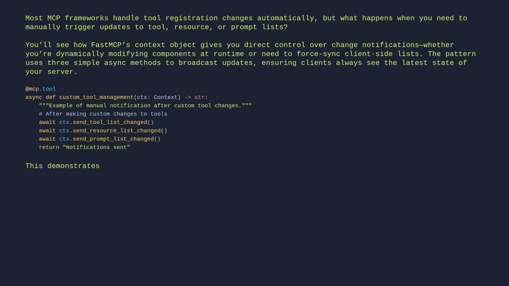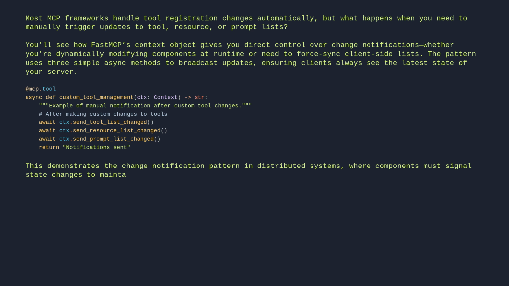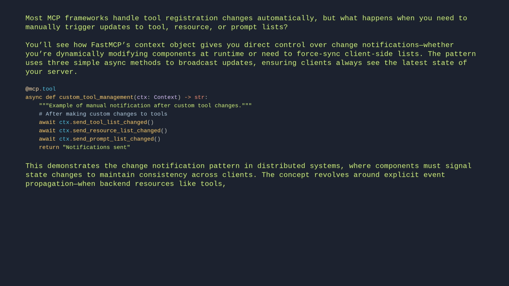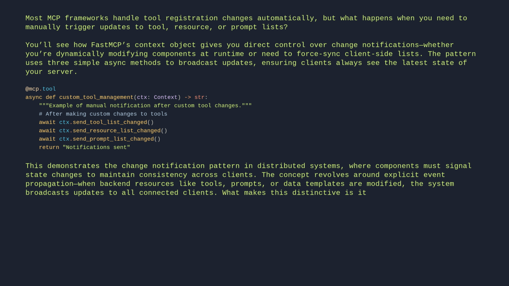This demonstrates the change notification pattern in distributed systems, where components must signal state changes to maintain consistency across clients. The concept revolves around explicit event propagation. When backend resources like tools, prompts, or data templates are modified, the system broadcasts updates to all connected clients. What makes this distinctive is its push-based model, where the server proactively notifies clients rather than requiring them to poll